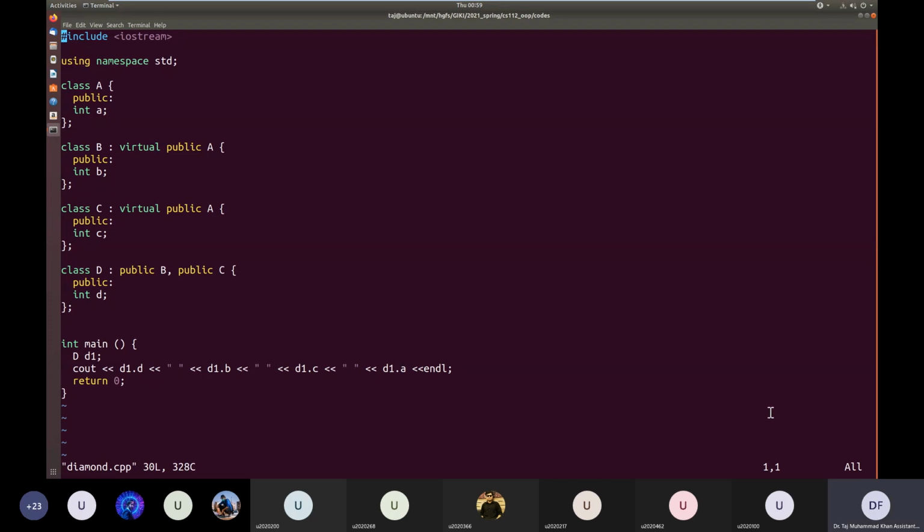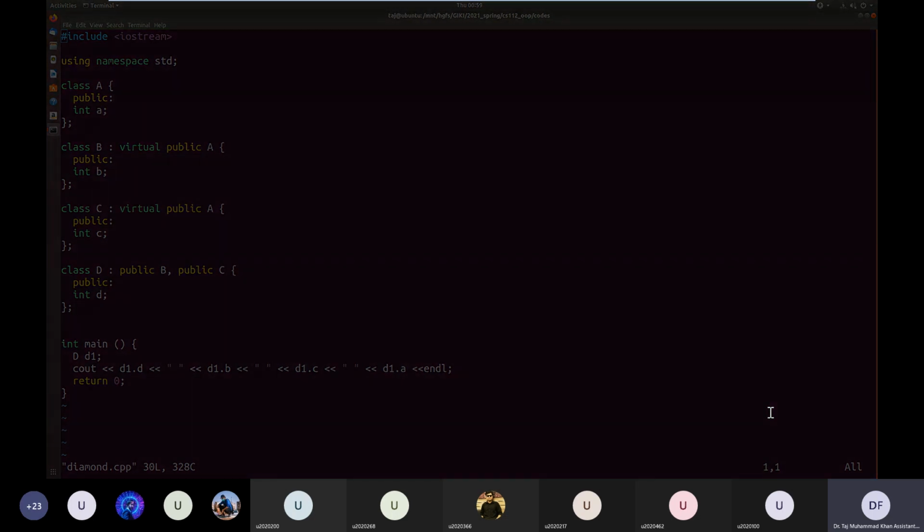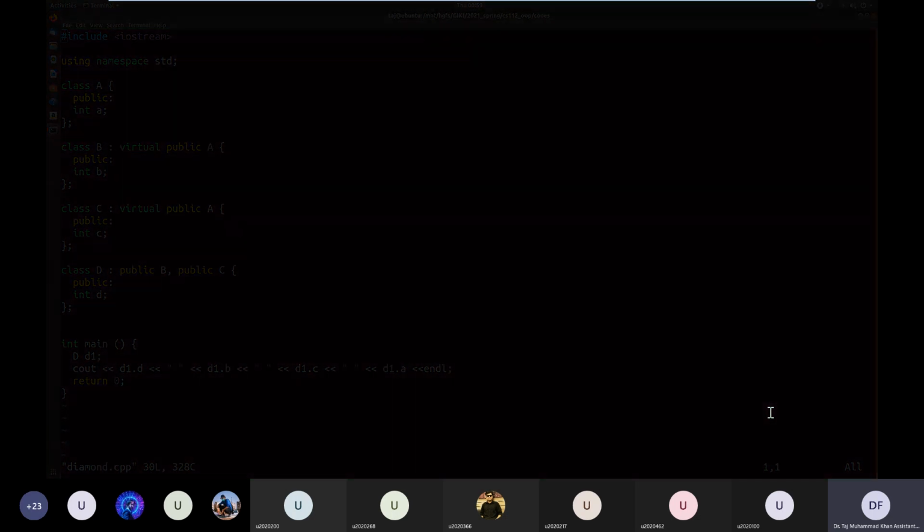So in C language, we have .h files and .c files, and in C++ language, we have .hpp files and .cpp files. These are the two types of files into which we'll divide our code. We'll come later to what will go in the .h file and what will go in the .cpp file.